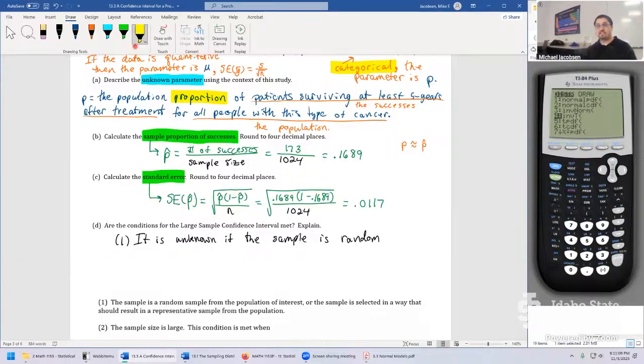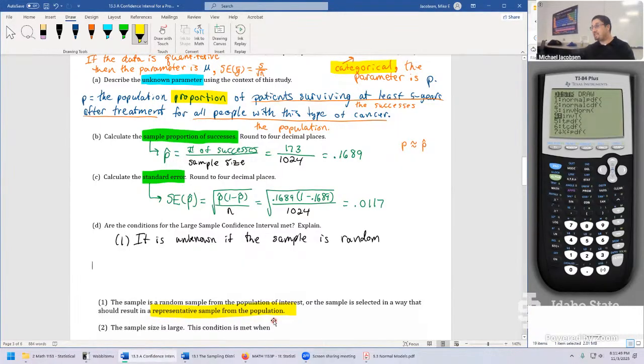But now that we're looking at this, notice how slightly different these conditions are. This is what the actual condition checking might look more like in practice. The sample is a random sample. The golden standard for this is a simple random sample, like in the last section. But we don't always even have the simple random sample. Oftentimes in medical studies, even like these, sometimes they do studies on just the collection of patients that they happen to have. Then they might argue in some way that their patients are representative of the population of interest. That could require a lot of justification, a lot of argument.